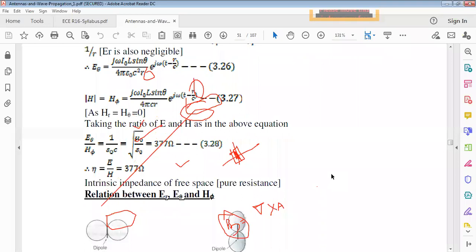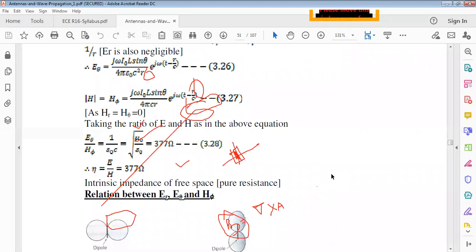What is the relation between E and H? What ratio gives us impedance according to networks? Impedance. Yes, very good. Voltage by current relation, V by I gives us the impedance. Similarly, here E by H gives us resistance, but we didn't talk about resistance. Why? Because here we always deal with AC components, alternating quantities. That's why we talked about impedance.